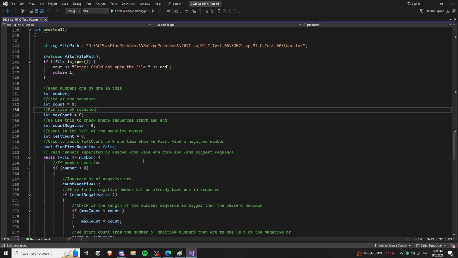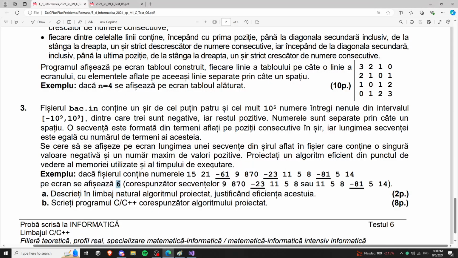This is very hard to explain. I will only explain the logic. So the first idea is to go until you find the first negative number. So you go until here and say this is a sequence, correct? And then from here to here you find another negative number and say this is a sequence. But this is not correct because